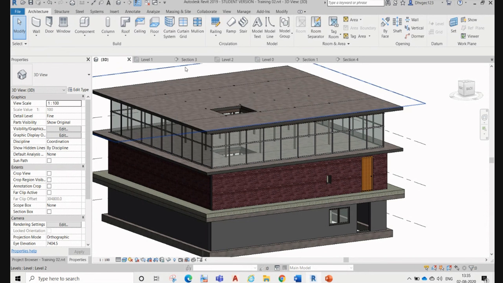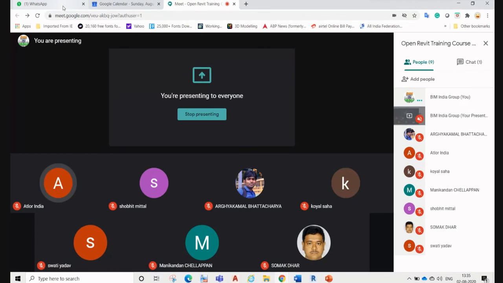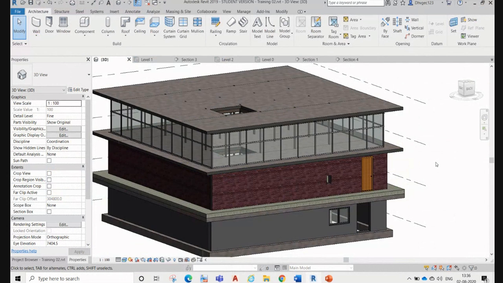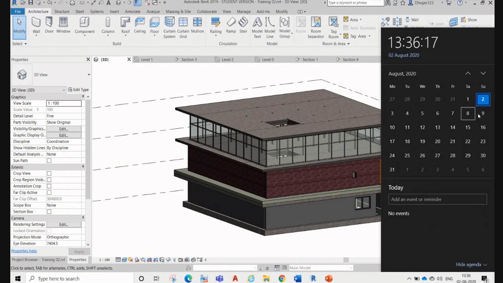For architectural modeling, for today I'll give you something. I think you remember that I have given one website location from where you can download architectural CAD files, and you can start building your own models. Next class will be 8th August.